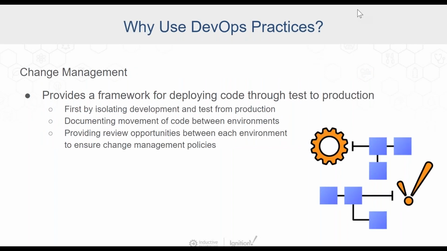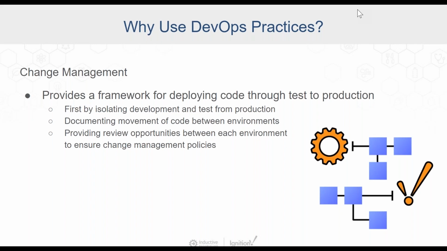Okay, so why use DevOps practices? We've talked around DevOps a little bit, some of the background, but now let's talk about some of the benefits of the practices. Obviously, change management is part of your risk management, and DevOps provides this framework for deploying code. First item here is really isolating development and test from production. Boy, if you saw all of the examples of failure in this point that I see,